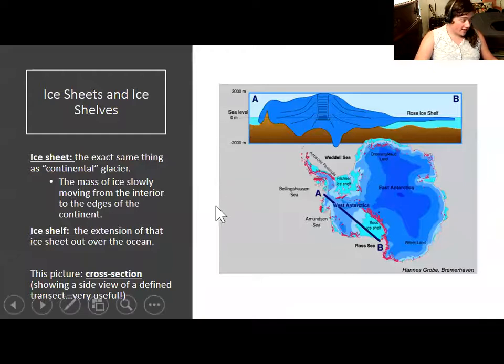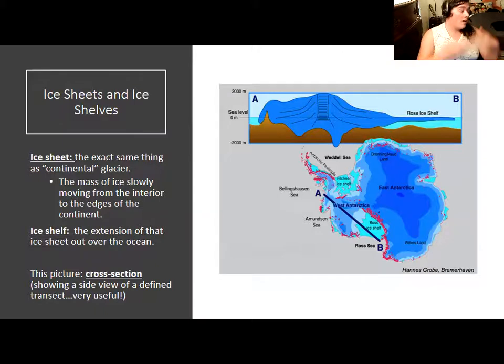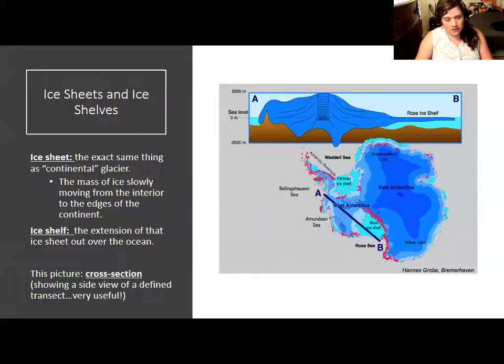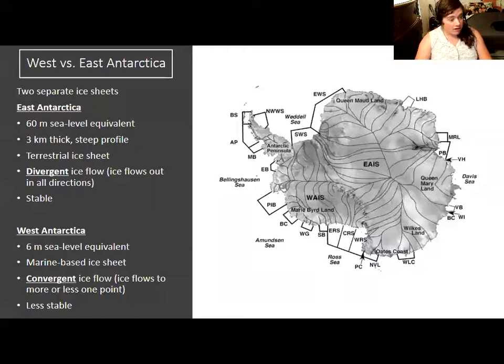Now, what is an ice sheet? I mentioned ice sheets a couple times, but ice sheets are enormous glaciers. There is essentially one enormous glacier covering all of East Antarctica, and then a smaller one covering most of West Antarctica. You have a massive ice moving out to the ocean, and when it moves out to the ocean, you get an ice shelf. Ice shelves are actually the extensions of glaciers that go over the ocean. And these ice sheets are, to a big extent, what is used to define East versus West Antarctica. They are two separate and differently behaving ice sheets.